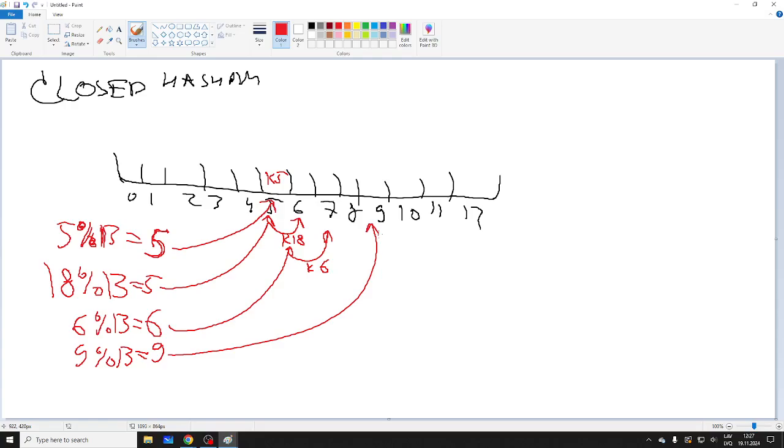So, it's simple to implement. I think I have an example in the material of how I did it, the probing step. So this is called linear probing, simple, right? But you might be thinking, okay, so what's the other approach? Well, you just need to figure out some way of jumping around, basically.